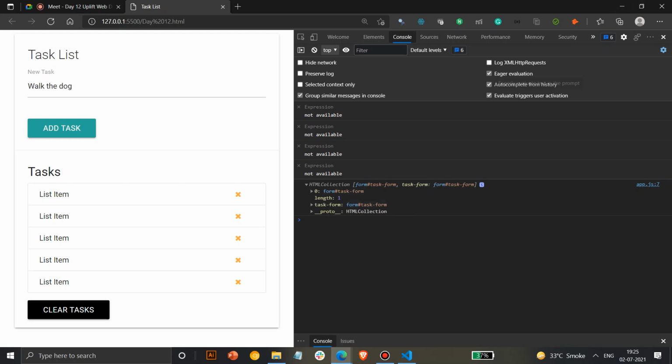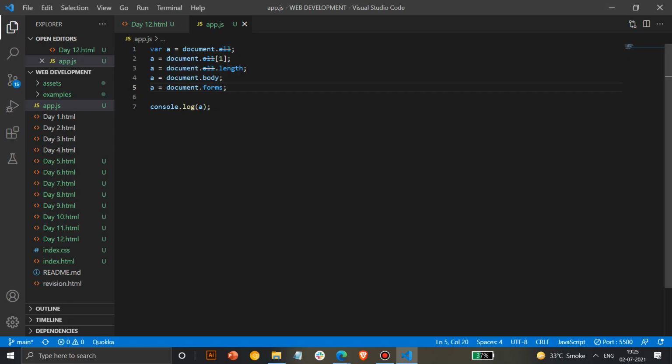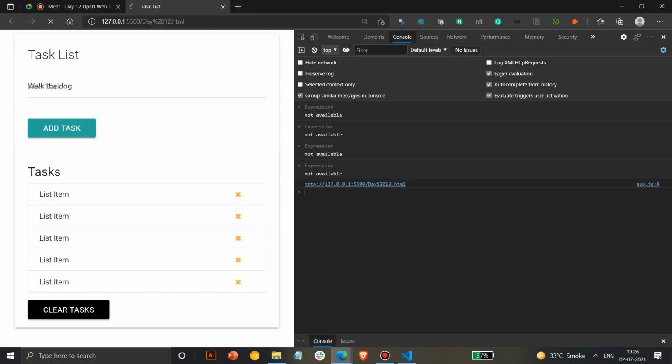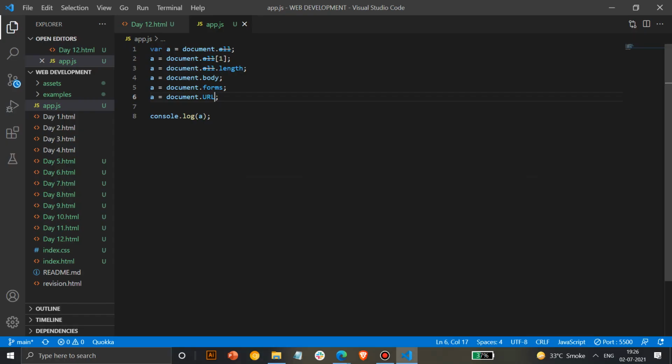This is also an HTML collection, and then we can access URLs also. What is the URL? If you have to see what URL you are working on, if you have a dynamic link or something like that, you can check the URL also. So you can click URL and check that. It shows at what URL I am currently on. You can get the domain name and all these values, but I don't think these will be required, so we won't be going into detail about this.